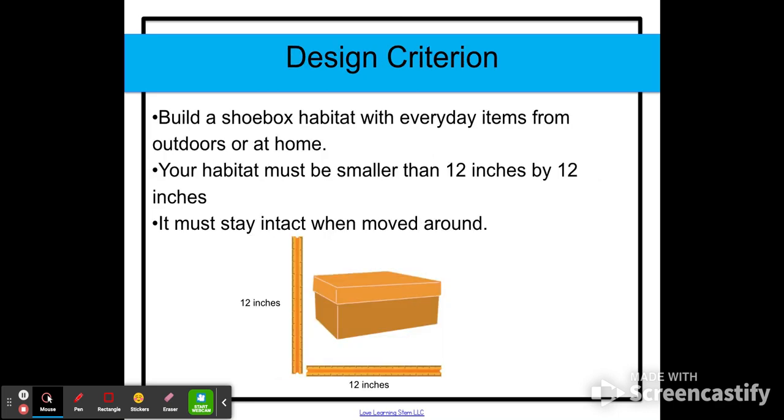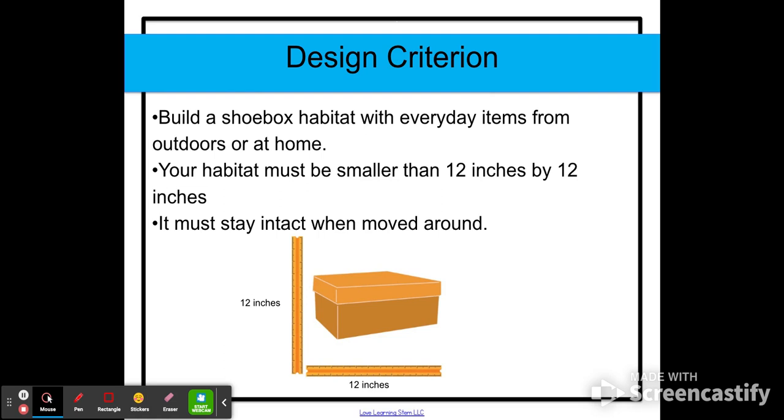Your criteria for this project could look different depending on what your teacher decides, but it could also be that you're going to be building a shoebox habitat with everyday items from outdoors or at home. You can use the sticks, the leaves, dirt you find outside, pebbles. You can also find things at the house, whether they are felt or you make them yourself with crayons and paper, but you can use anything you have